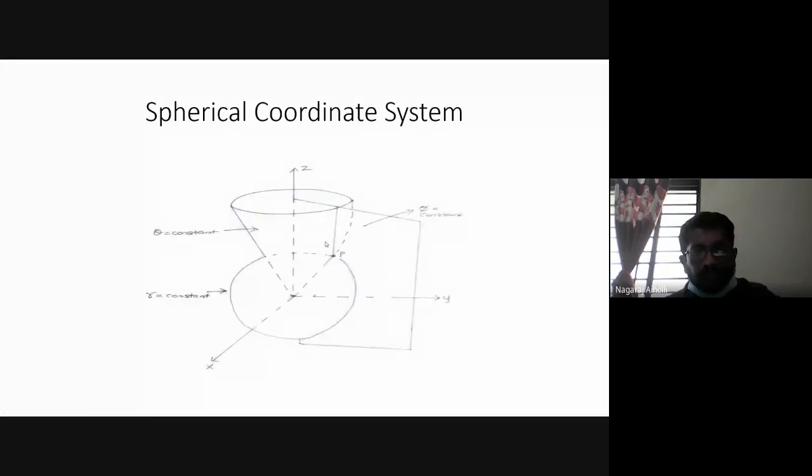The last point was on the intersection of theta equal to constant, r equal to constant, and phi equal to constant. When all these three intersect, it results in a single point, that is the point P, which we can write as P of r comma theta comma phi. If you write it in the vector form, P is equal to P_r a_r bar plus P_theta a_theta bar plus P_phi a_phi bar. That will be the vector of the coordinates of the point P. Okay, this is all for today's class, students.